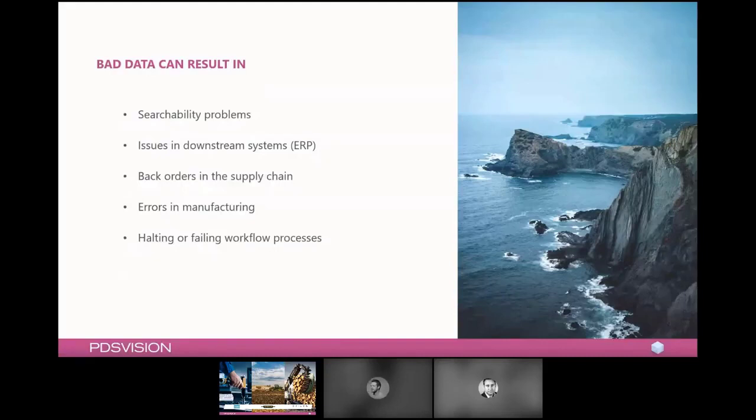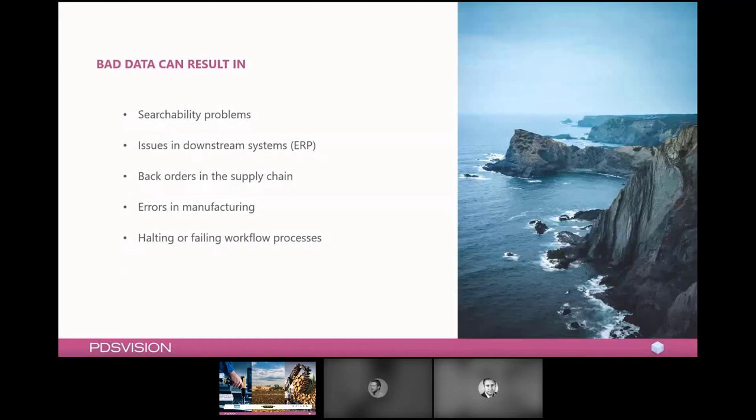A simple example of what problems bad data can cause is with searchability in the system. If the quality of the metadata is bad, if naming conventions are off, users can have a hard time finding the information that they need, with problems in retrieving and compiling correct information. This also leads to time-consuming actions to find and correct that information. When it comes to CAD, this can be how the model is designed according to modeling best practices. It could cause the model to be hard to reuse, filled with unnecessary references, or tough on performance for your client